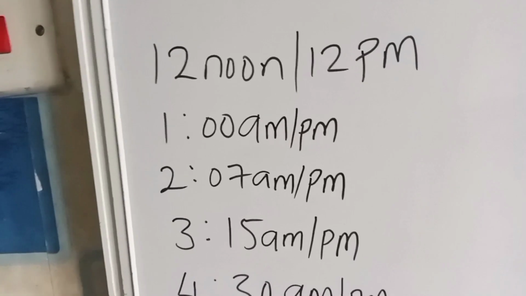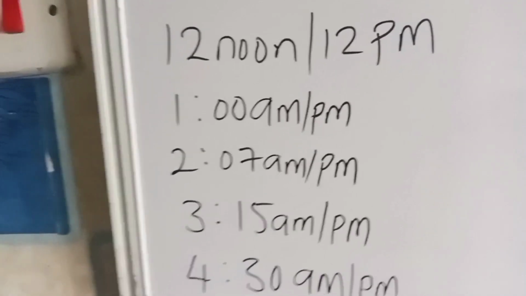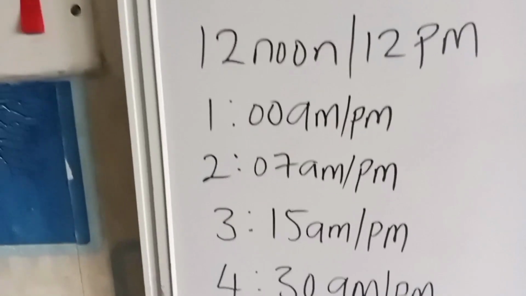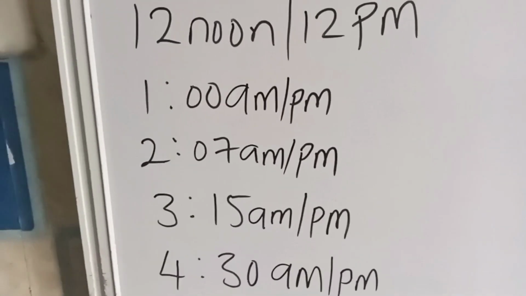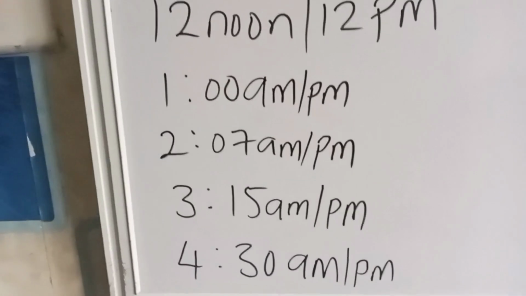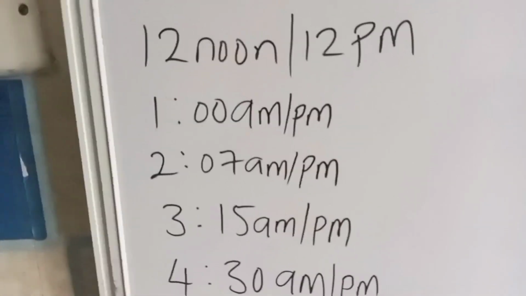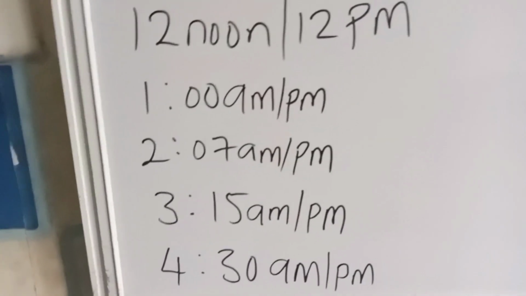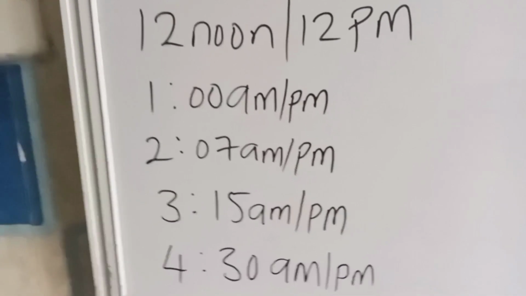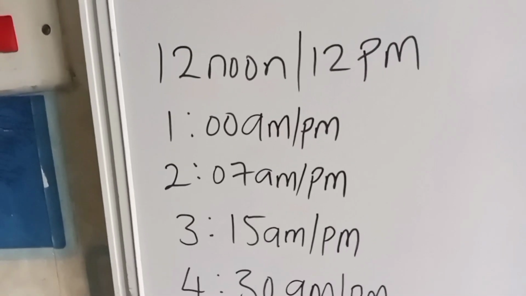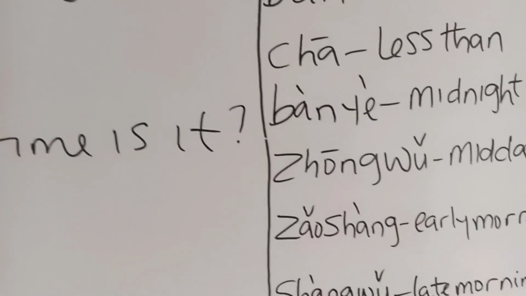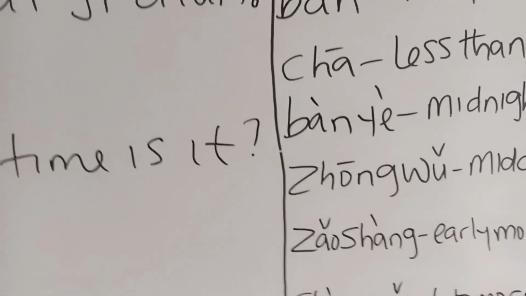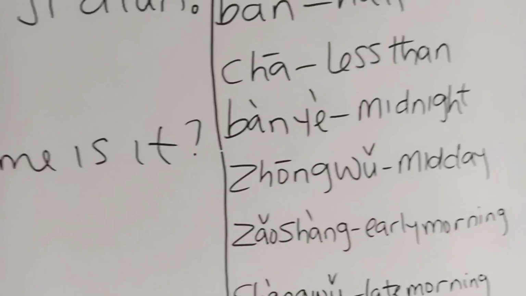2:07 a.m. p.m. If you want to say 7 minutes past 2, what did I say you use when you are talking about time? You use liang, you don't use r. So if you want to say this in Chinese, you will say 现在2点. What is 7? 7 is 7. 现在2:07.